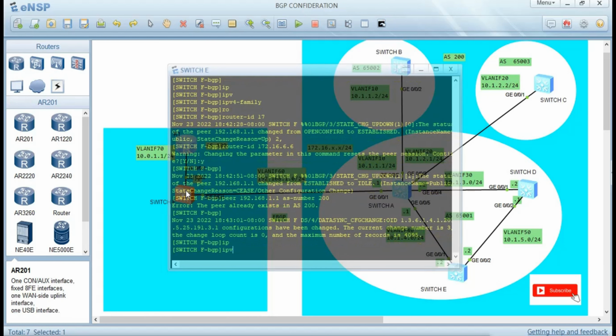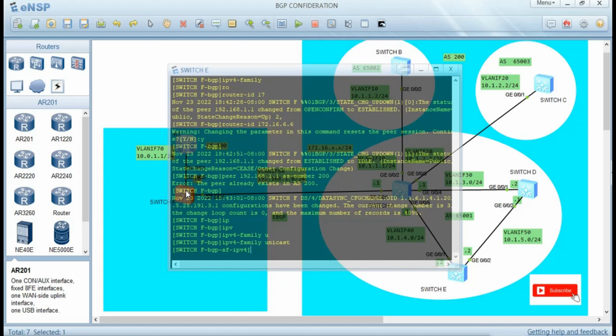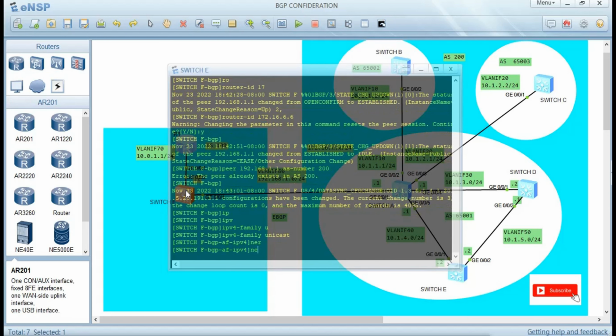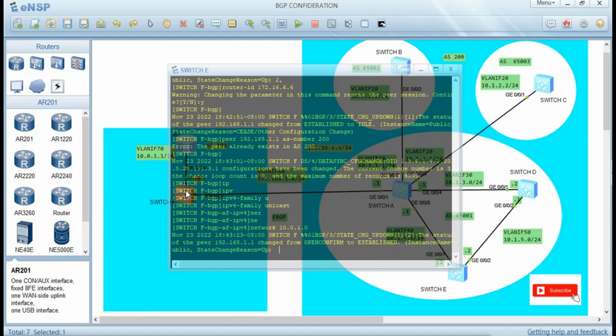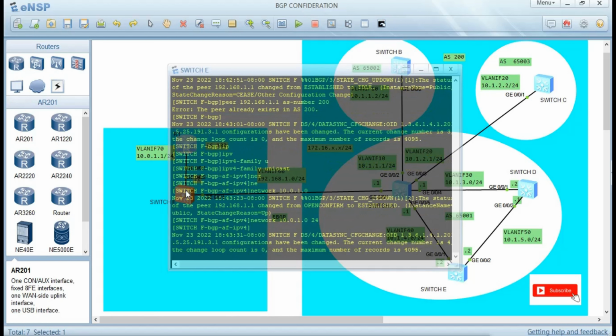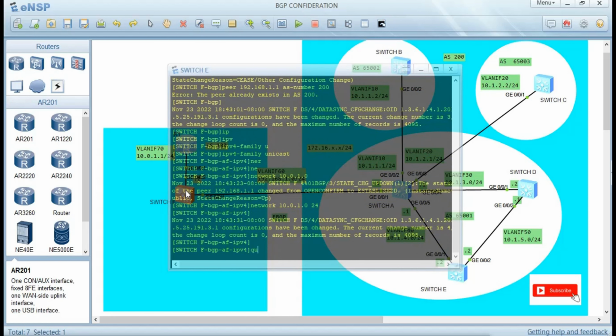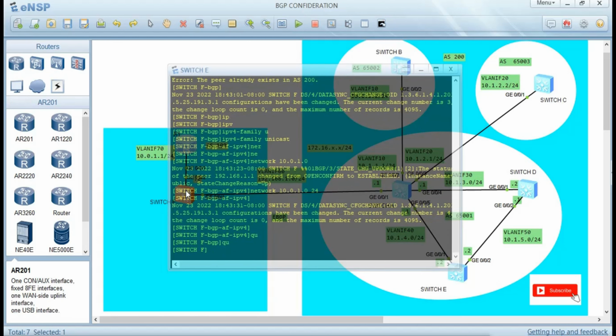So then we advertise that network. IP version 4 family unicast here. Then we advertise the network, which here will be 10.0.1.0 with a mask of 24. Display. Now, meaning that we are through with our configuration, the remaining thing that we are going to do